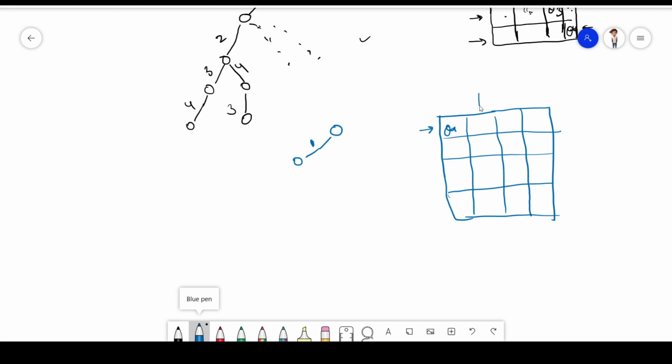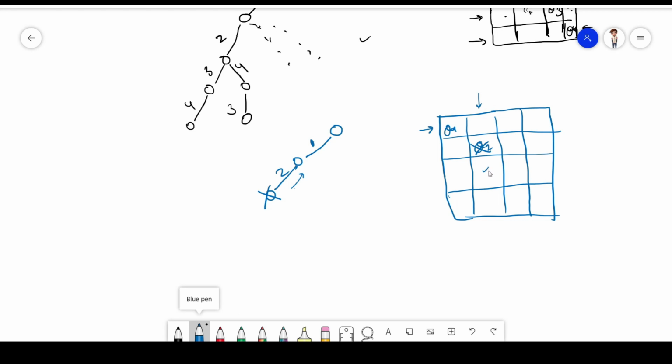So now the column changes to this. So can I place the queen 2 over here? No, I cannot place. Can I place it over here? If I place it over here, what will happen? I will use the bounding function that no two queens are at diagonal. So this will be a break, and we will backtrack. We will come over to this part again.